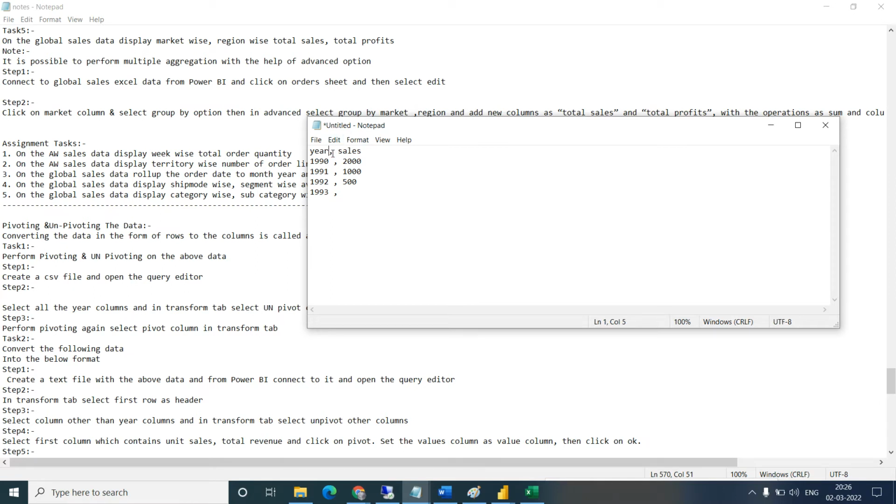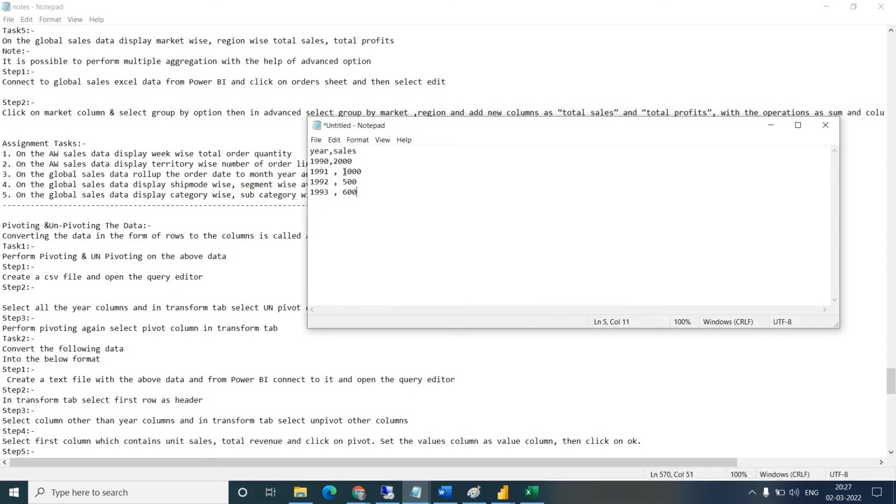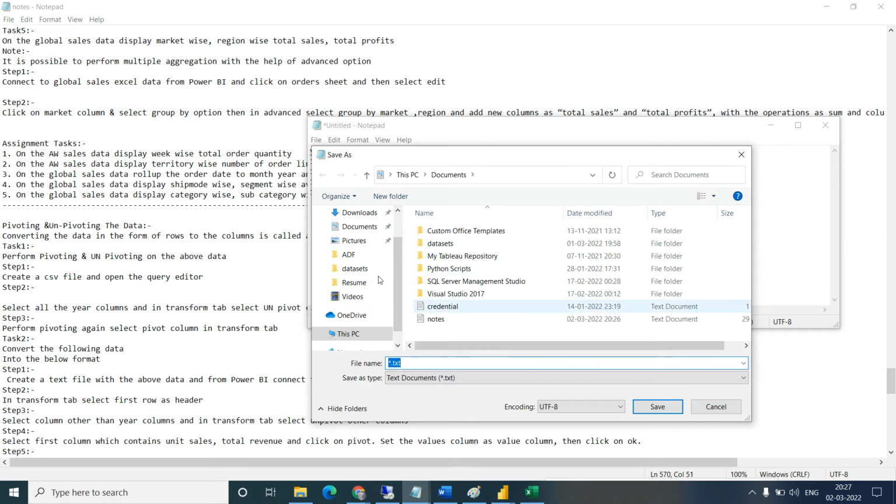Don't give the space, it can create a problem. Then 500, let's see. Okay, 600. Okay, control save. So this data I am going to save and will connect with the Power BI.